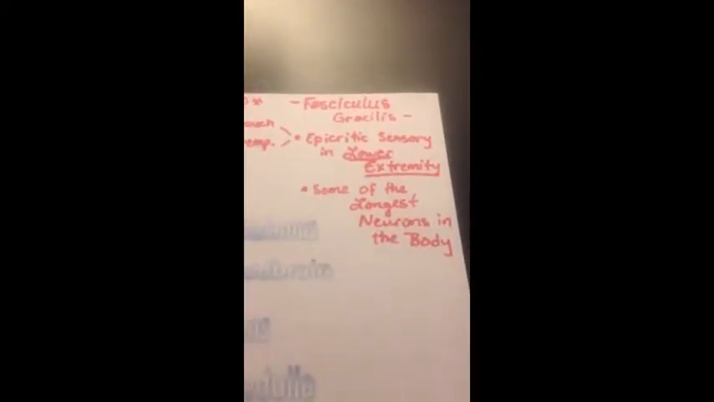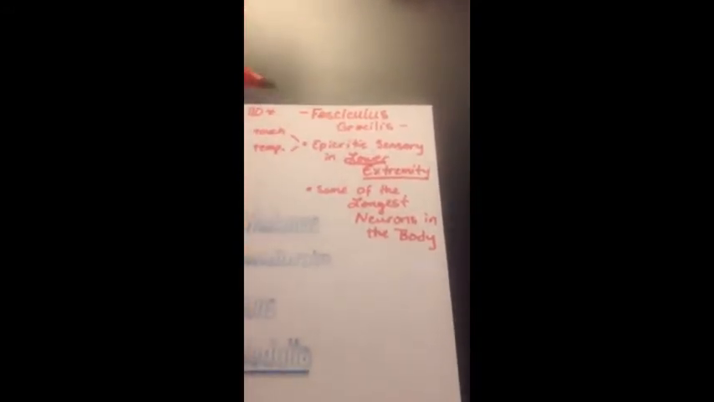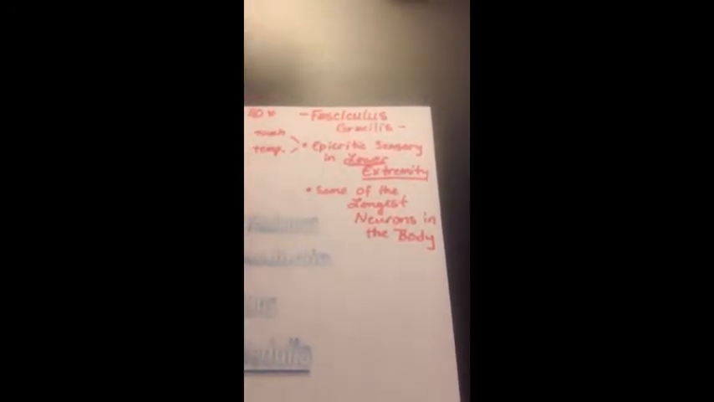Going to be talking about the Fasciculus gracilis tract. The Fasciculus gracilis tract, this information I found on page 109 and page 110 in our textbook. Now, the Fasciculus gracilis tract is an epicritic sensory tract from the lower extremities. Now, it's important to note that this is the lower extremities, as the Fasciculus cuneus tract was just the upper